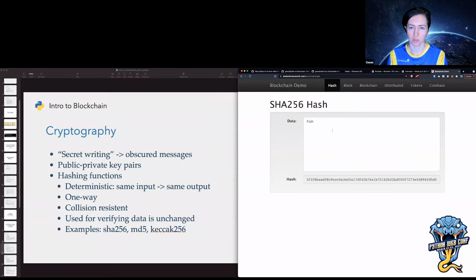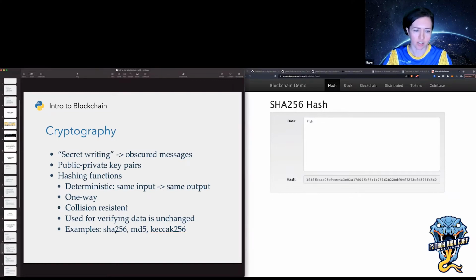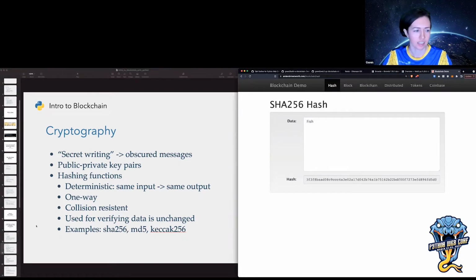And that's a fundamental concept of the blockchain, and also how it proves that nothing in the history of the blockchain, none of the transactions that have been sent or anything, have been tampered with, is through this type of cryptography. And yeah, here are some examples of cryptography that you've probably run into doing software development.